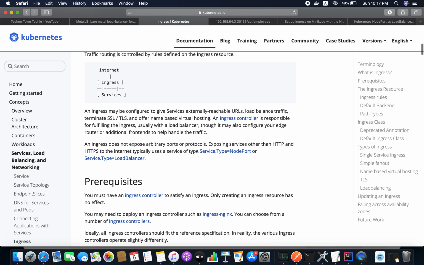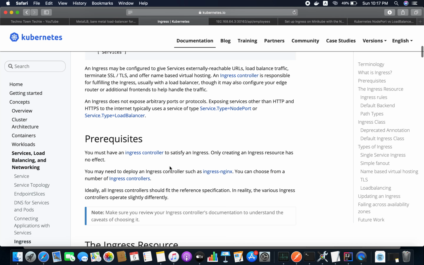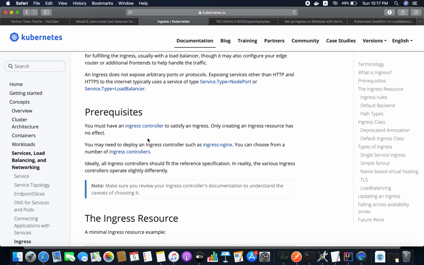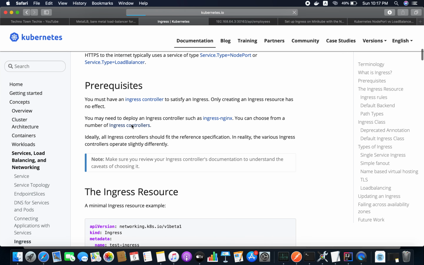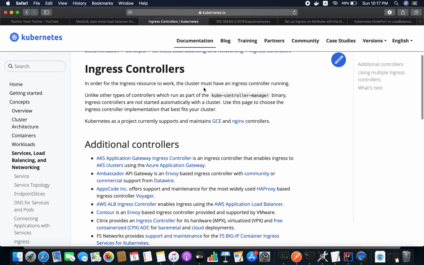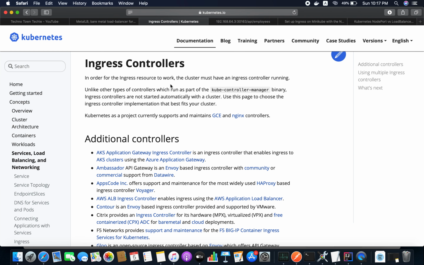You must have an ingress controller to satisfy this ingress. Let me show you which ingress controllers are available. In order for the ingress resource to work, the cluster must have an ingress controller running. Kubernetes supports GCE and the nginx controller.